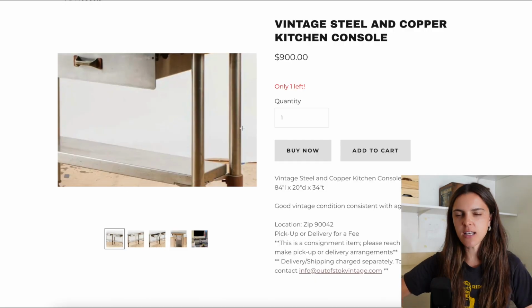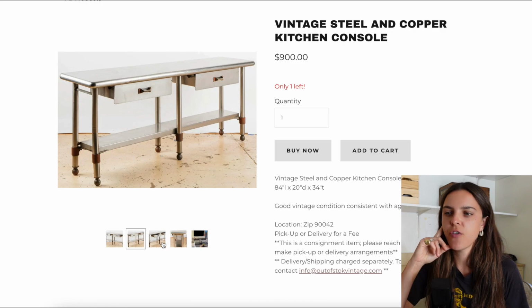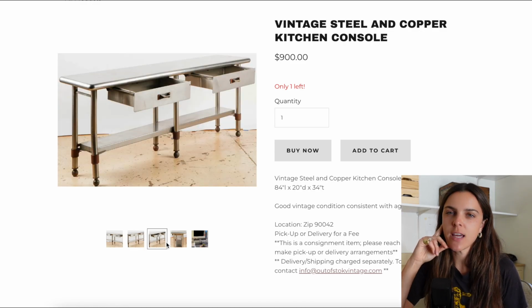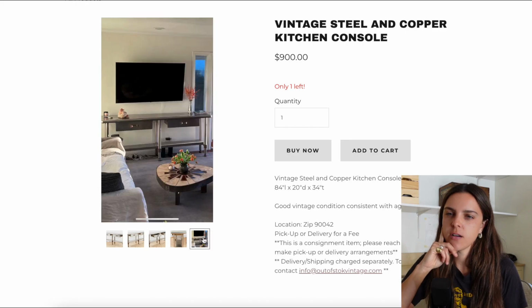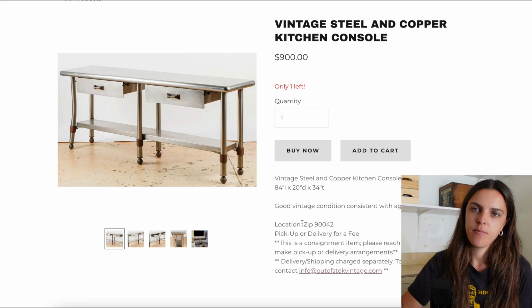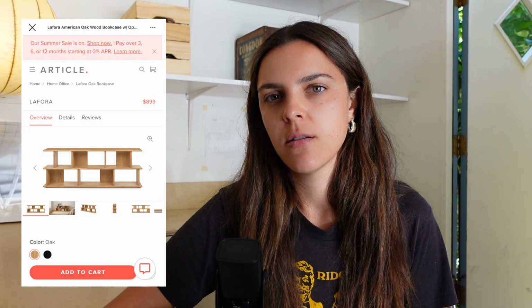As you all know, or maybe you don't, I'm really into steel stuff right now. I saw this console table. This is actually in Los Angeles. I thought about getting it for behind my sofa. I do really like it, and I think it's super unique. Maybe I should get it for behind my sofa. Let me know what you think. Or if you like it, go buy it. I just think, yeah, this is way more unique than the Article one that we were previously talking